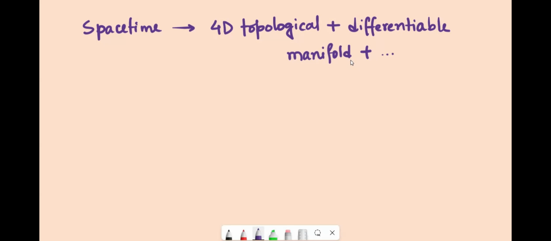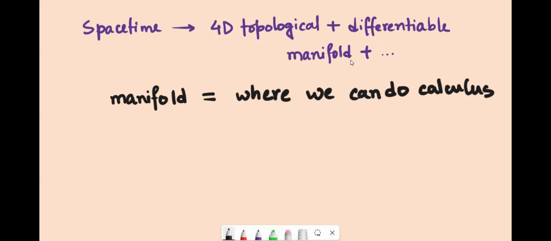The mathematical objects that we are using, where are they? What kind of objects are they? We have to specify a lot of things, but in a sense, we have to do calculus. We have to solve differential equations. So a manifold is essentially a space where we can perform calculus. That means we can differentiate functions and we can integrate functions, or integrate objects that are very specific kinds of functions. We shall talk about them later, something called forms. But nonetheless, this is in a sense what a manifold is supposed to be.